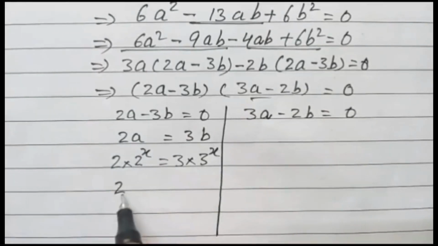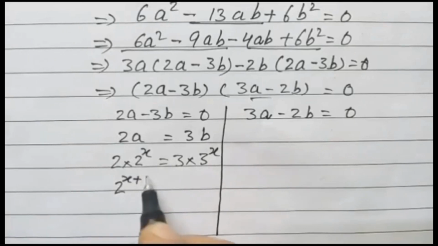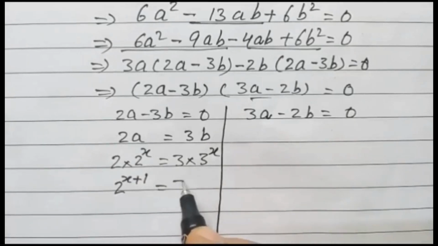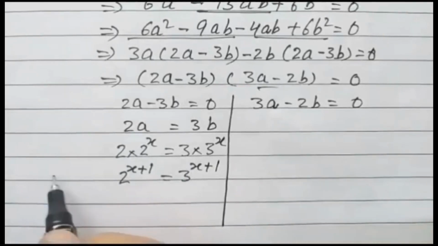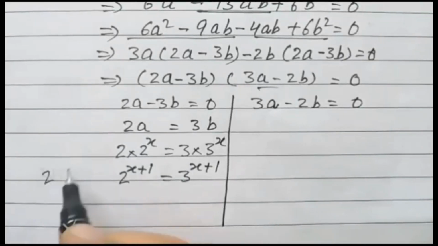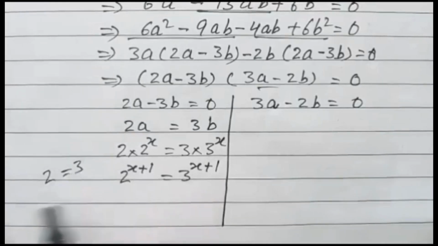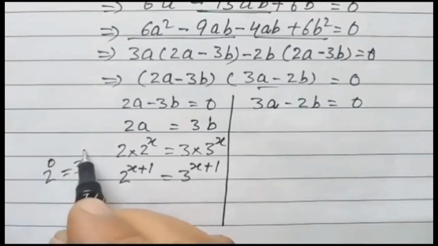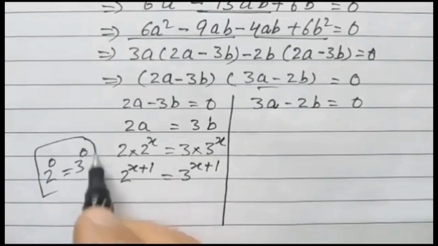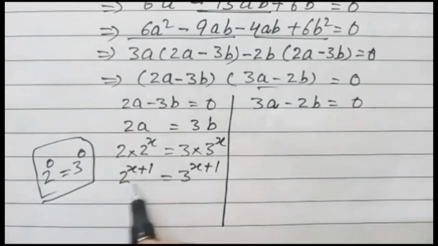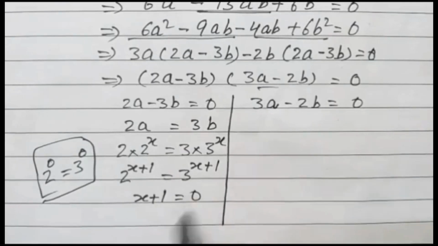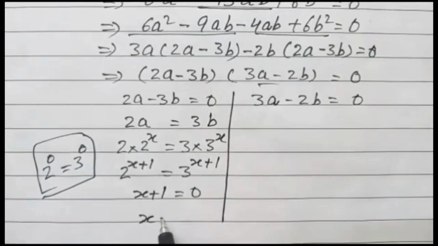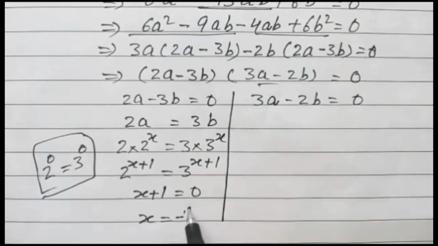So here 2^(x+1) is equal to 3^(x+1), right? As we know, 2 is equal to 3 only when the power is 0, right? So we can say x plus 1 will be equal to 0, right? So x is equal to minus 1,